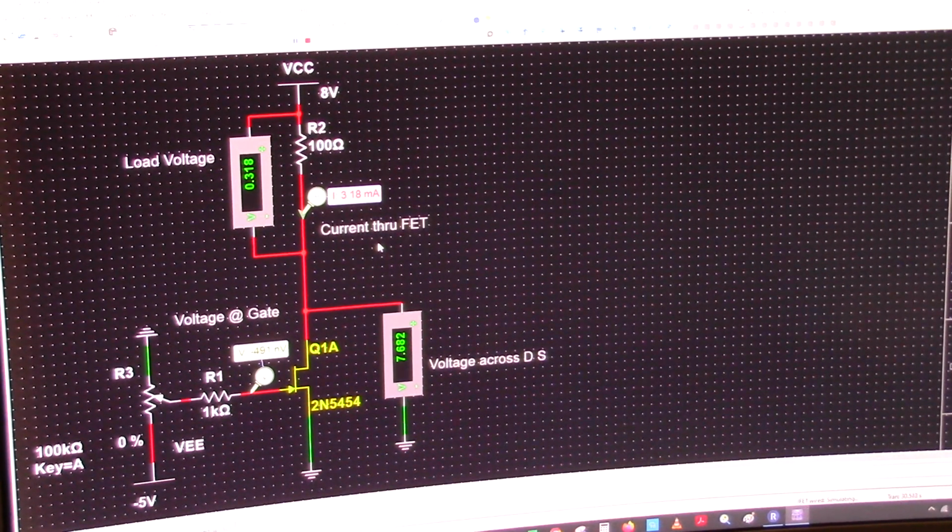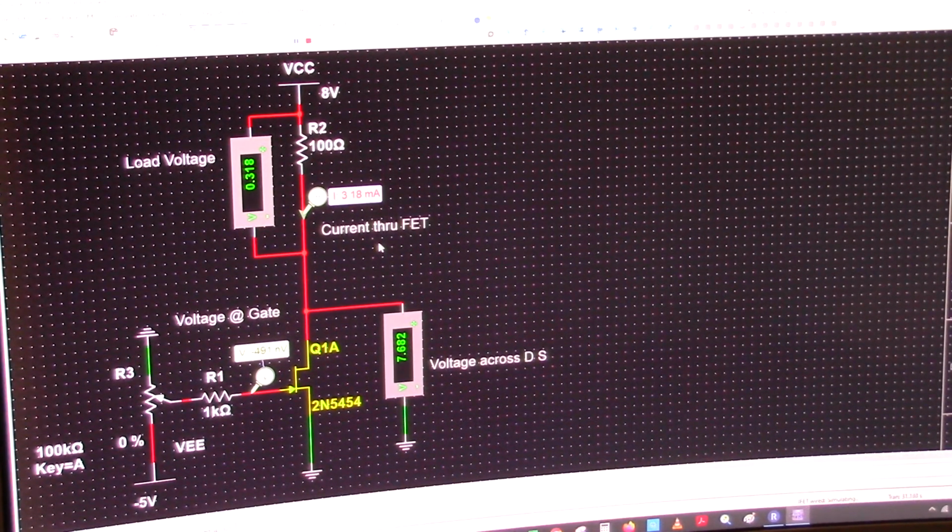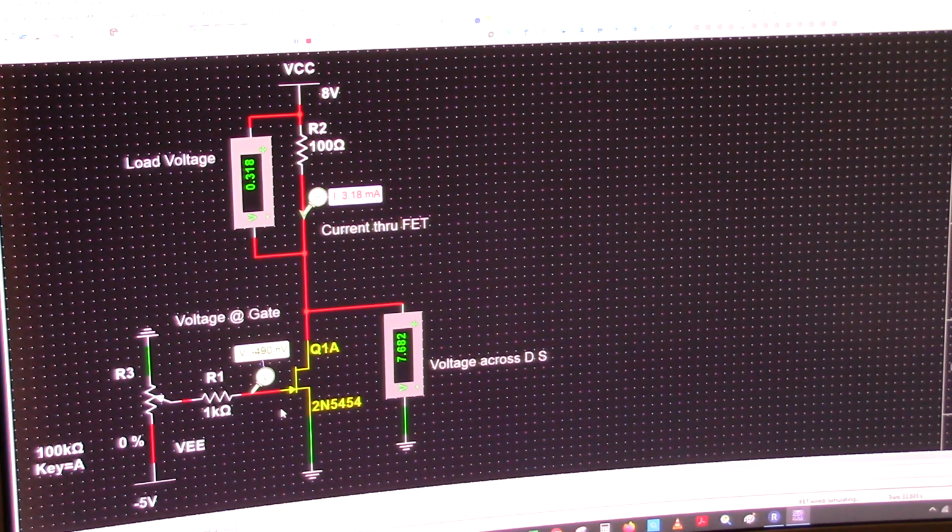Okay, so here I have a field effect transistor circuit, and I'm applying this gate right here, and it's set at some nanovolts, which is almost 0 volts. So if you apply 0 volts on an N-channel field effect transistor, it's going to be conducting as hard as